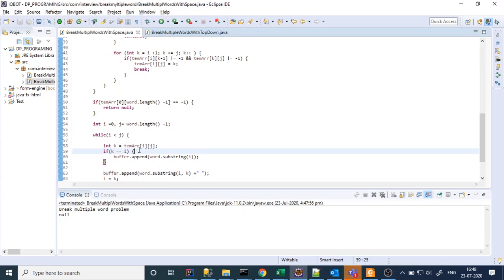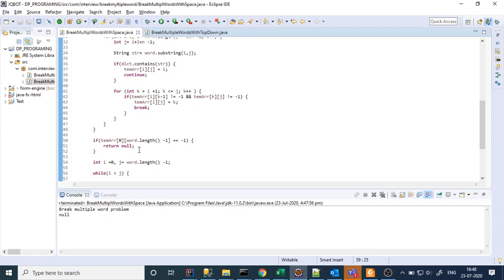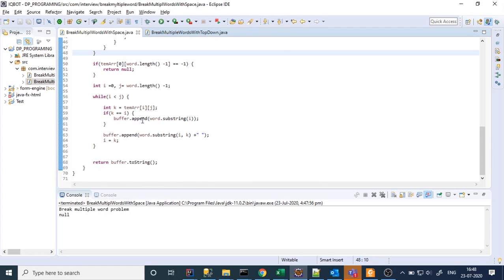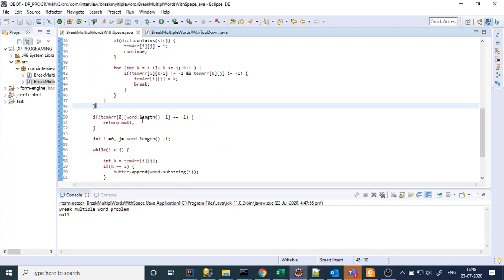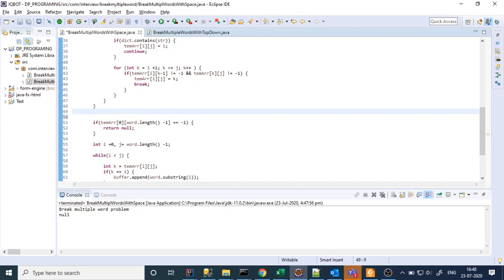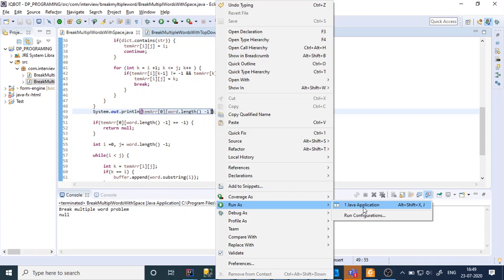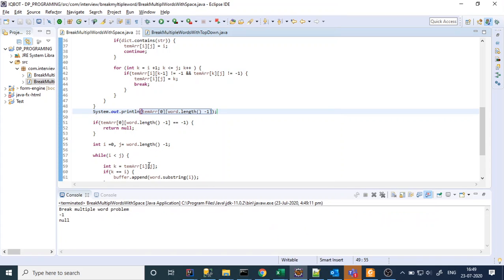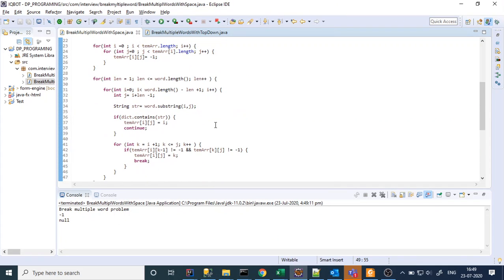Correct. It is written buffer.toString. One minute, why this as well. What is the value of this particular thing? Minus 1.